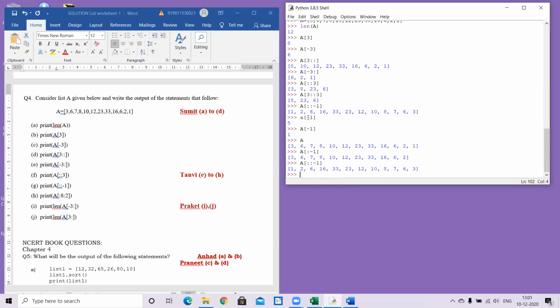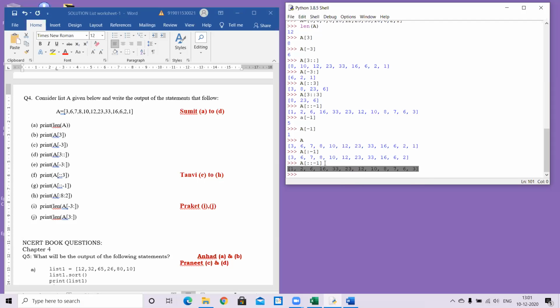Please remember, single -1 is talking about a single element. There's no colon, so technically this is not slicing. If it is colon -1, go till -1, 1 less than that, so the last value is not picked up. Then if it is ::-1, it is reversing the entire list.